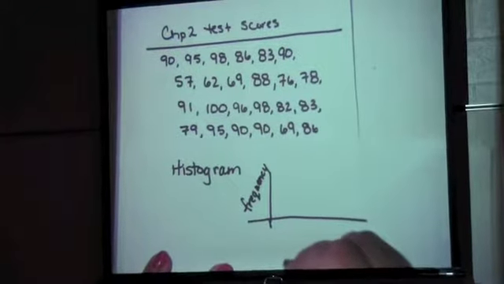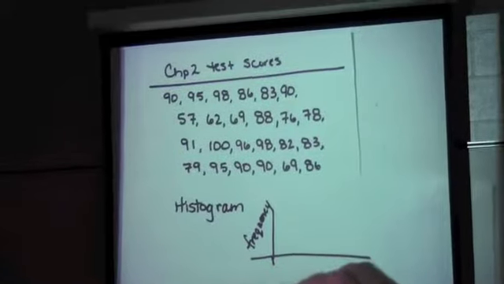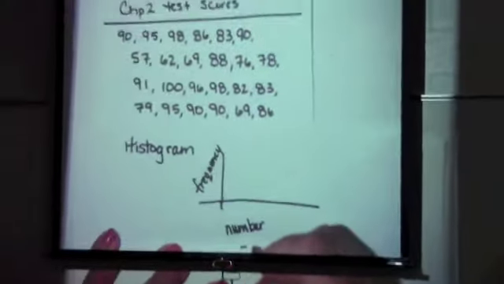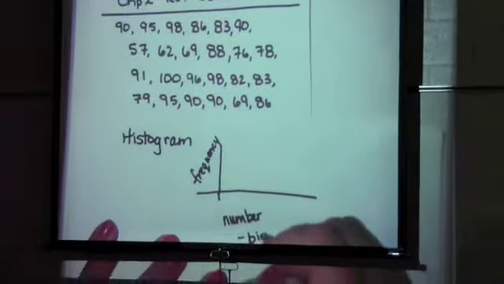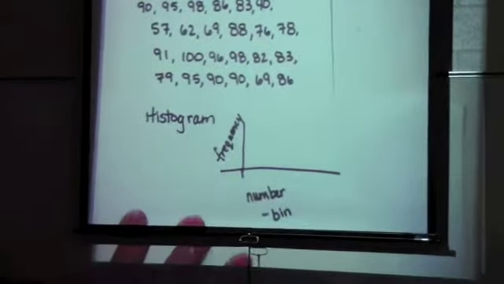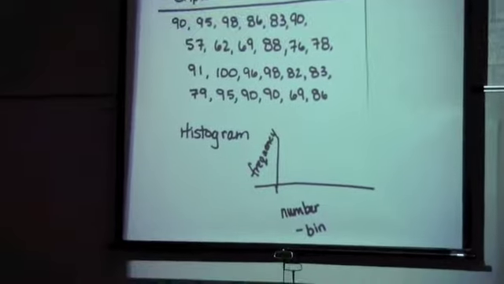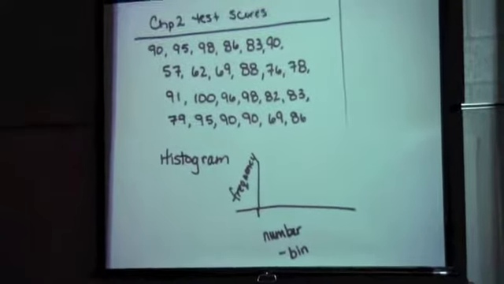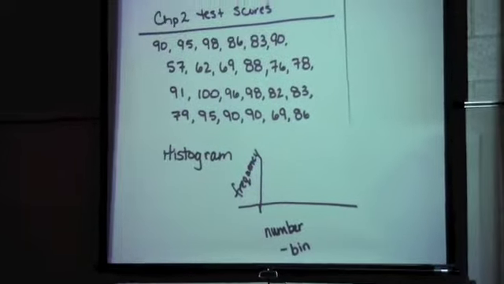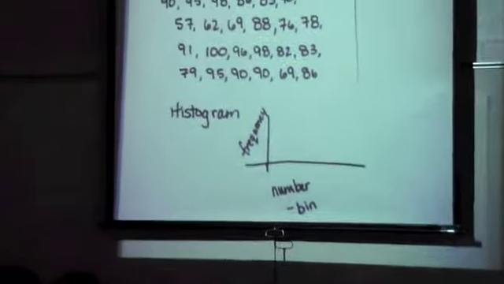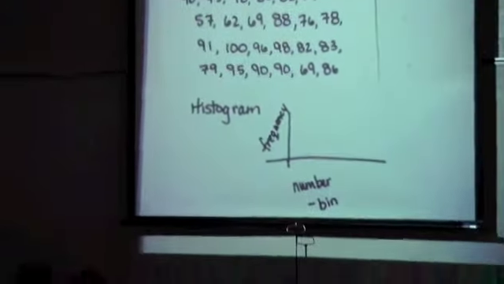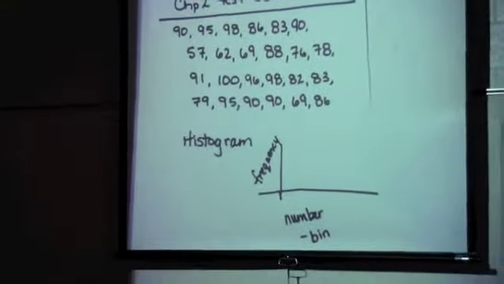And along the bottom, we're always going to have numbers and things that we're going to call bins. And a bin is just going to be a little box on our graph. So when we had box graphs or bar graphs, they were little bars going across. When we have a histogram, they're all going to be numbers, and it's always going to be called a bin. And so sometimes they're going to say, like, what about with the bin width